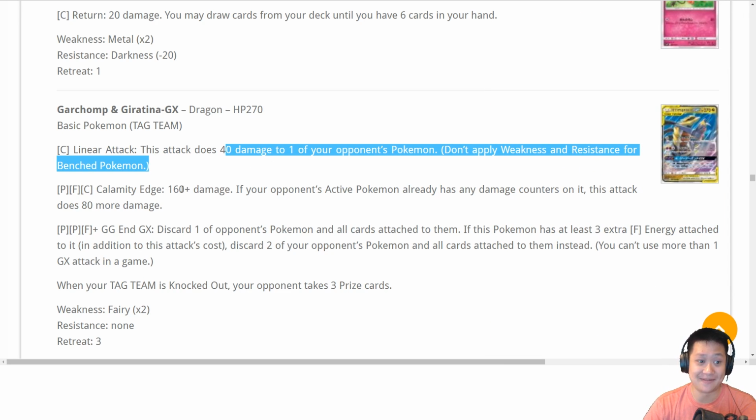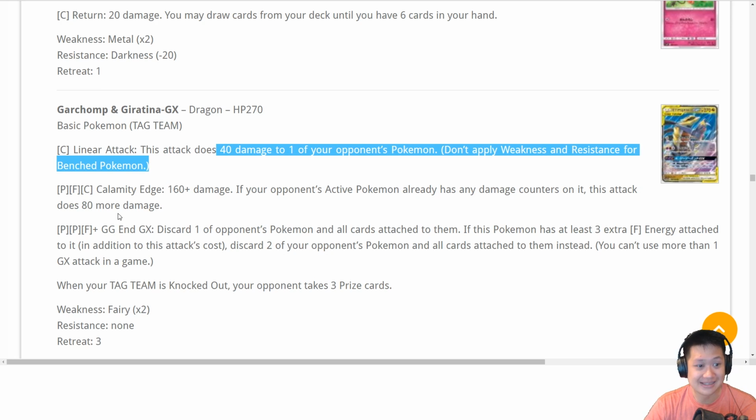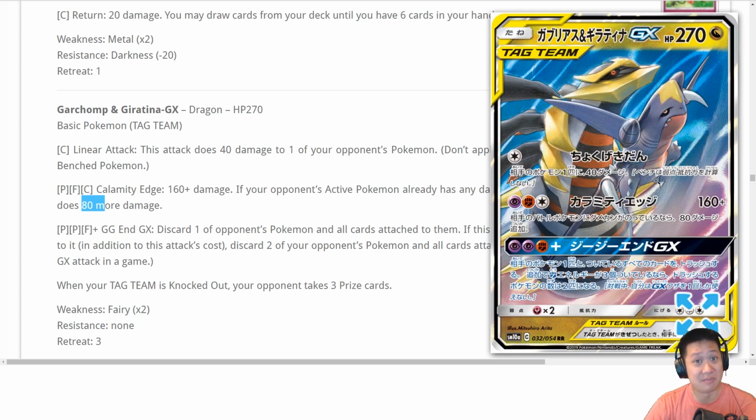Which seems okay, but once you follow with Calamity Edge, 160 damage, if your opponent is wounded, it now does 80 more damage. 240 plus 80 is 320. So, on your first turn, you poke a Charizard. The minute the Charizard comes out, your energy cost is much faster than the Charizard. This is easily boosted because you're part of Psychic, and